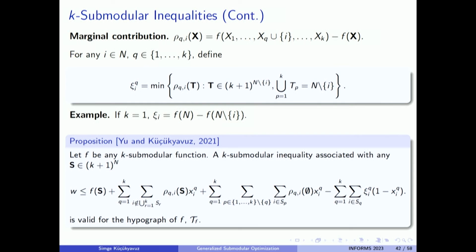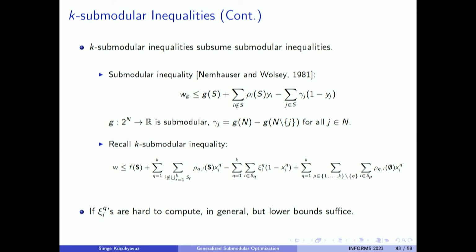What if I take out an item that I had started out with in my subset, or multiset, S, and turn that variable off? That's the last term you see in the valid linear inequality that I show for the hypograph. Those are a little hard to obtain, but lower bounds suffice, and we're able to characterize those in closed form as well. So up here you see the classical submodular inequality that I showed you earlier in the first